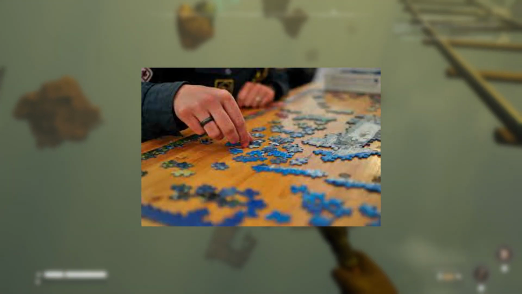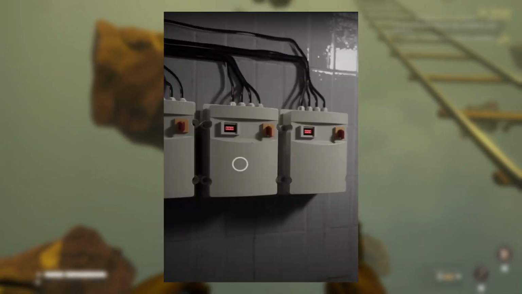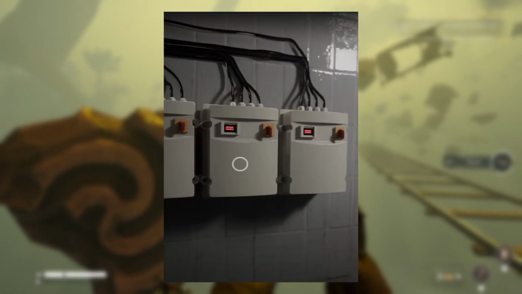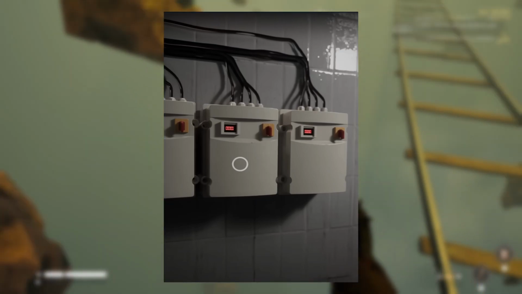The next bits of gameplay we are shown are the usual puzzle type aspects seen in almost any horror game, especially since Subliminal stated the game is a puzzle based game. In the trailer we also see two puzzles, one being this fuse box puzzle where I'm guessing you've got to find all the fuse boxes in an area and turn them all on.